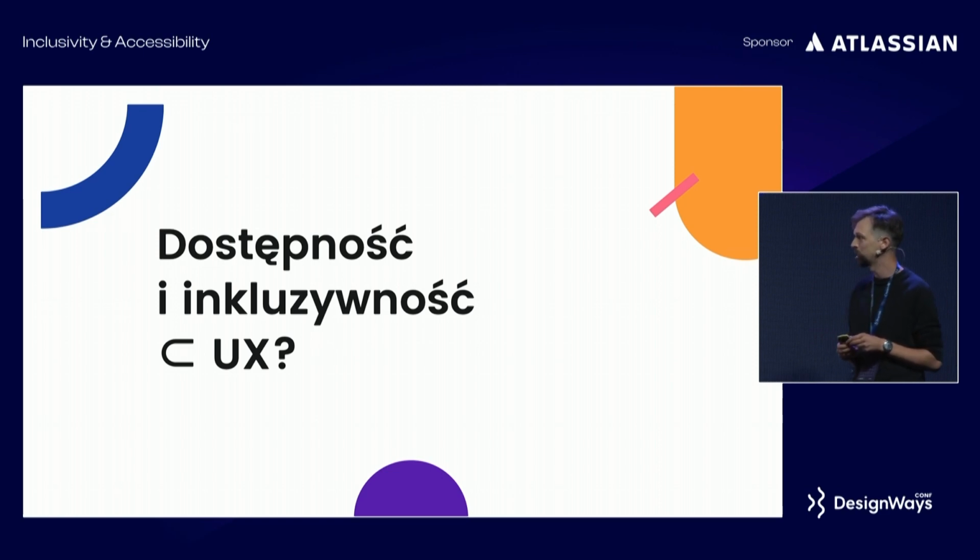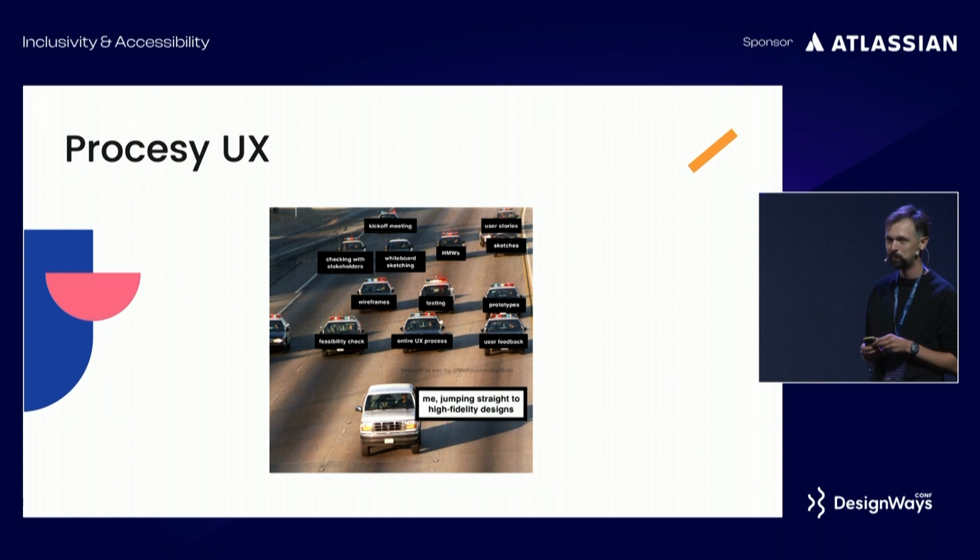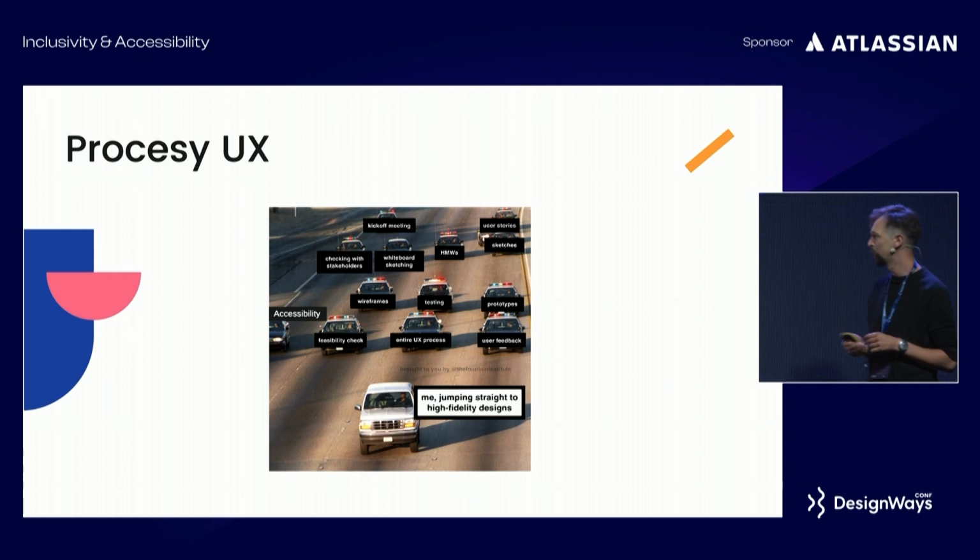The other part, accessibility and inclusion, how are they included in UX? It's a more practical thing. How can we do that for UX? It's a meme you must know from meetings. In the design process, we often have this temptation to jump to a ready-made conclusion. It's somewhere in our heads and we want to release the design. There are several stages, but I would add another one. And as mentioned in the previous presentation, accessibility has to be included early on.